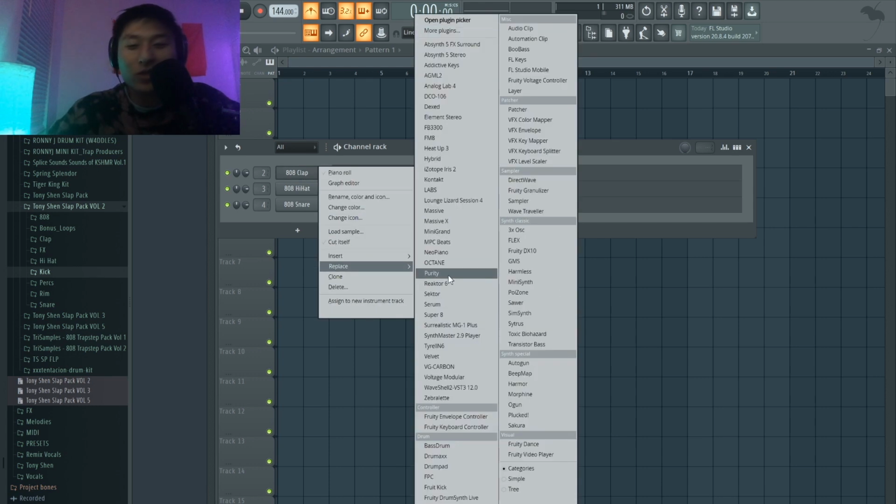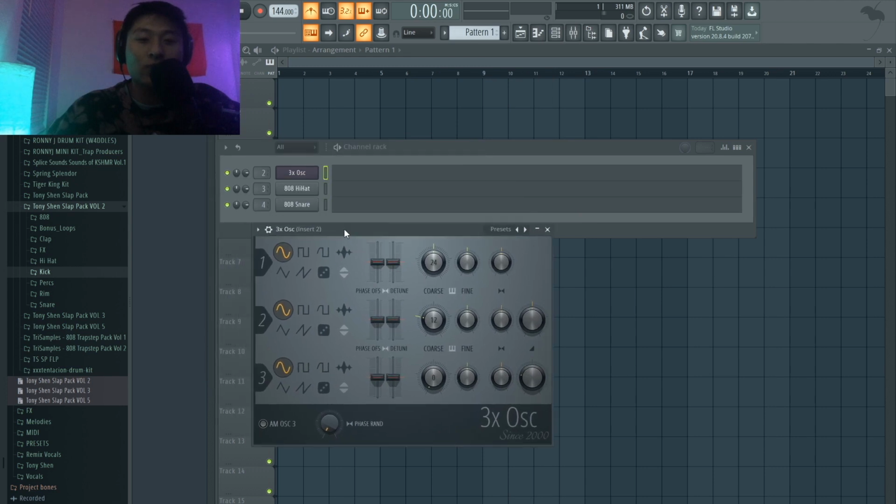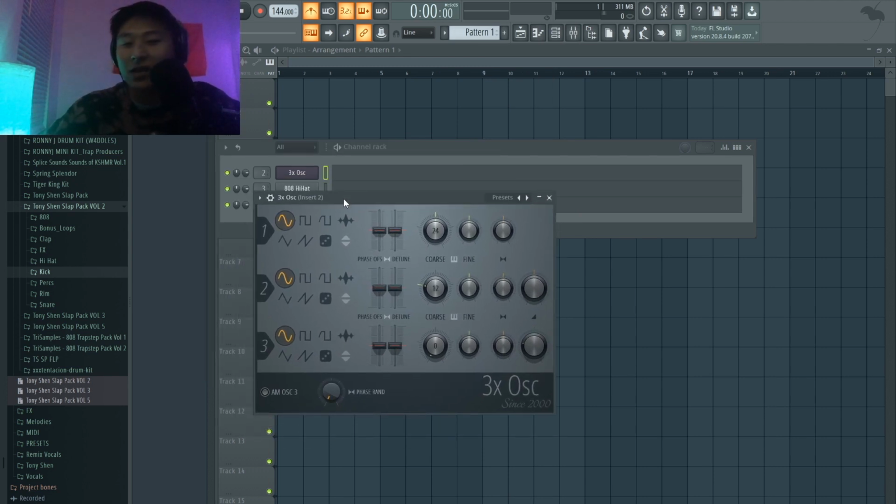So what we're gonna do is create our own saw synthy type chords that are almost in every Rage beat, and we're gonna do that from scratch, and we're gonna use 3x oscillator. 3x oscillator should be available to every FL Studio user, and it's actually a really easy way to create synthy, futuristic EDM type sounds, right? So